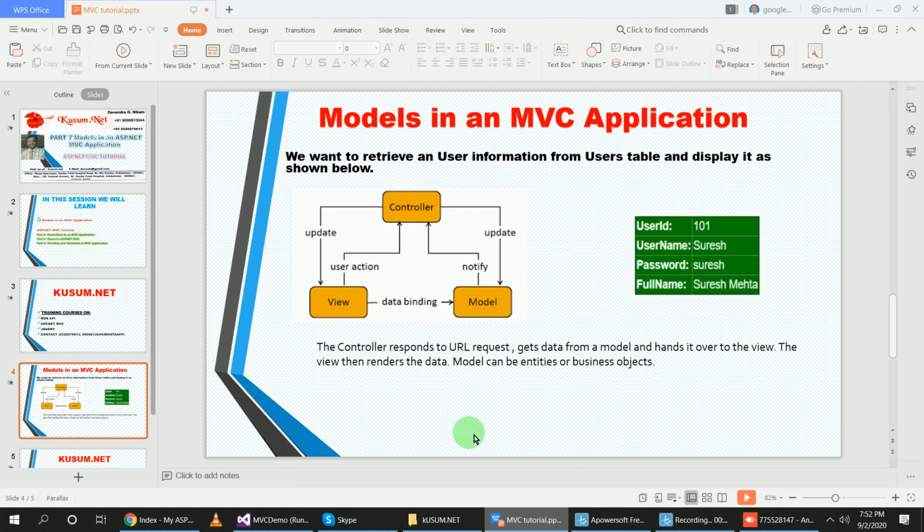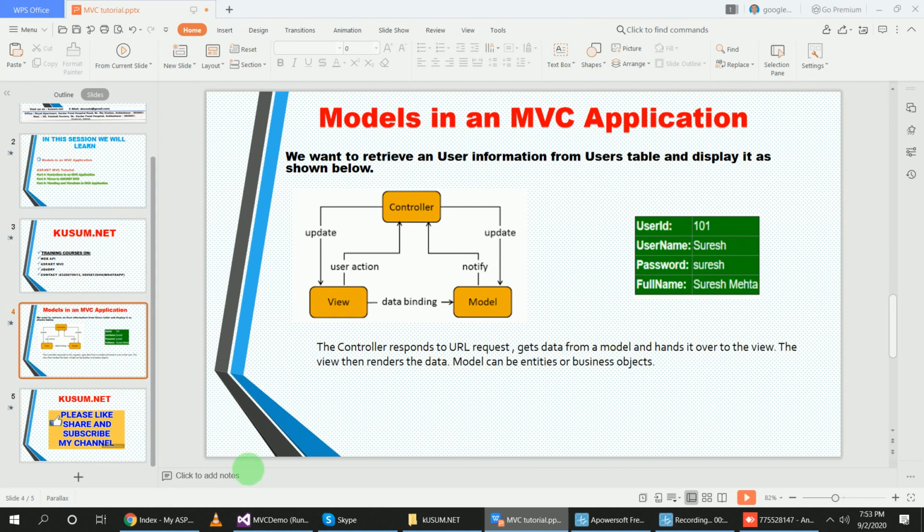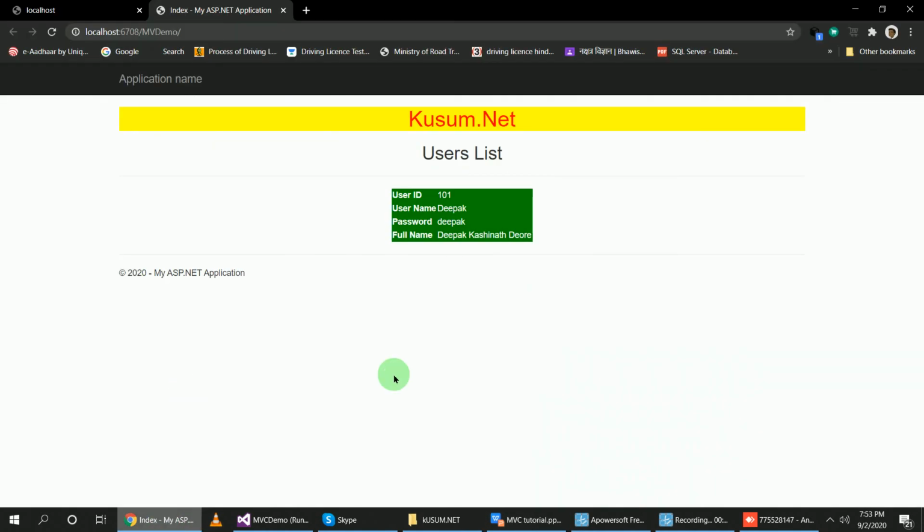Inside of model, whatever the table data is, you must give the same name for that, right? If you want to display your data, you can write in the class your data, whatever you like. That is called business objects. The class data is called business objects. So our page is displayed here. All the data whichever we write in the controller is passed here and displayed here.